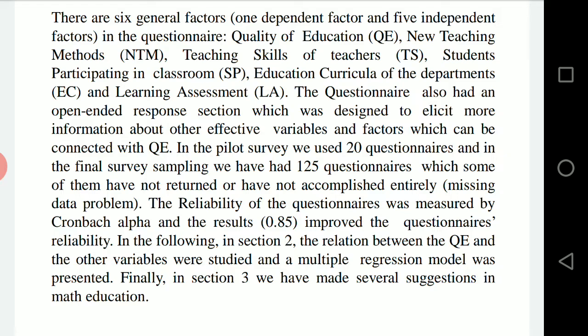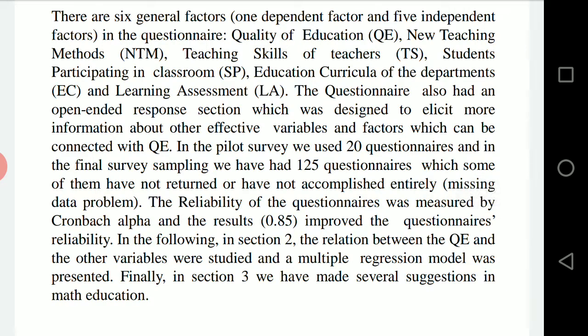The questionnaire also had an open-ended response section which was designed to elicit more information about other effective variables and factors which can be connected with QE.